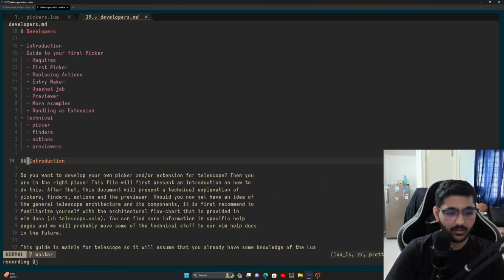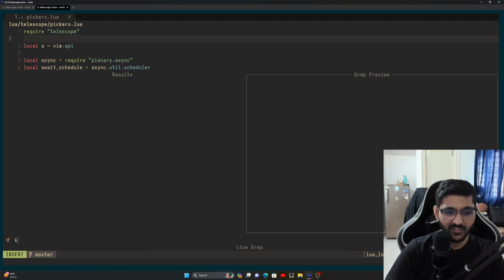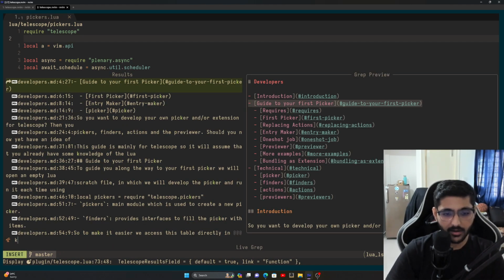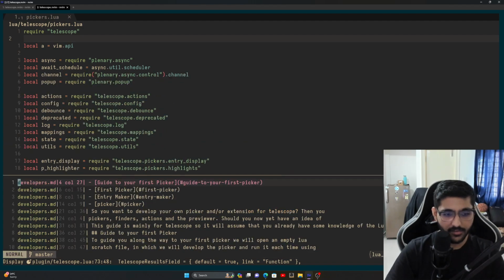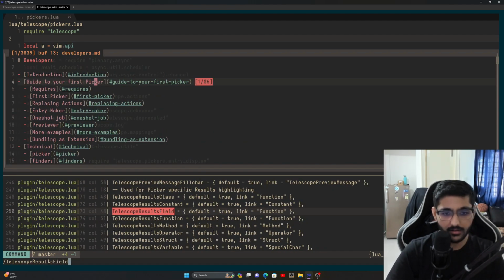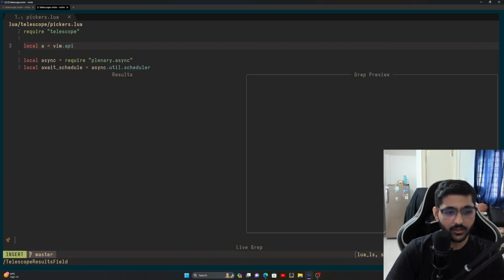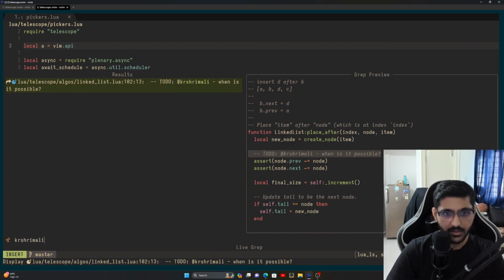Okay, it's recording. Wait, let me open it again. Sorry, let me just type K. It says display telescope results field. So let's search for this telescope results field. So that's what it wanted to highlight. Okay. Now next time if I'm trying to search for KR Shrimali, it says in the bottom, it says display